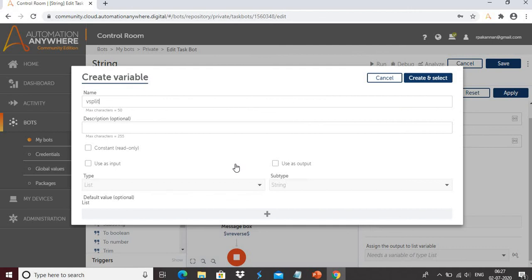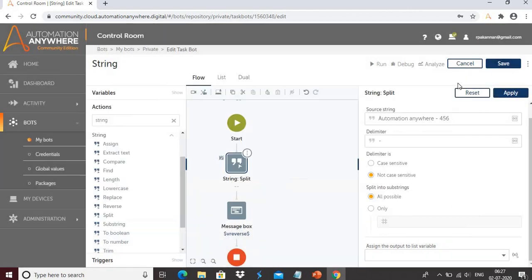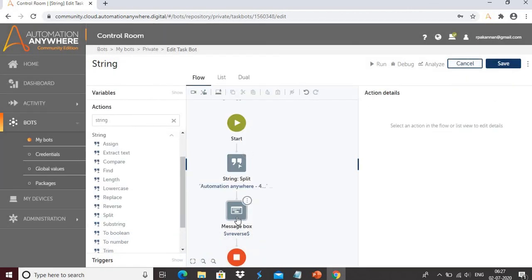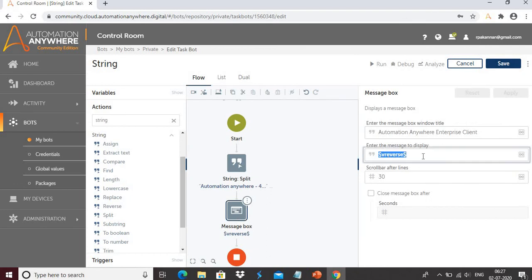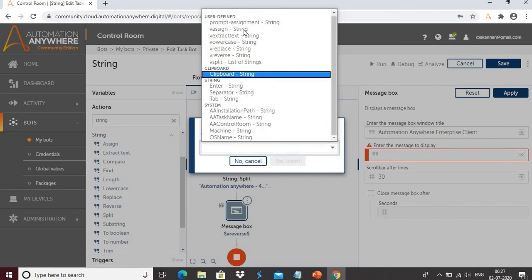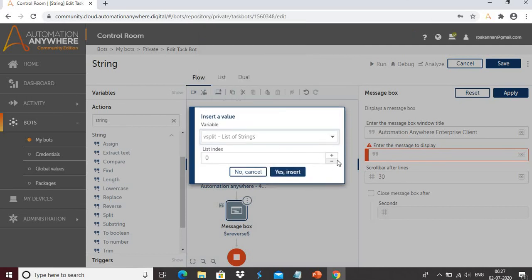Then I will assign this to a variable, vsplit. I will create it and apply. In the message box I will display the value. In the drop down list just see vsplit is available. Yeah, it's a list of string. When you select the list of string, it displays the list index. What is that index? Currently we have assigned the particular values to the variable.